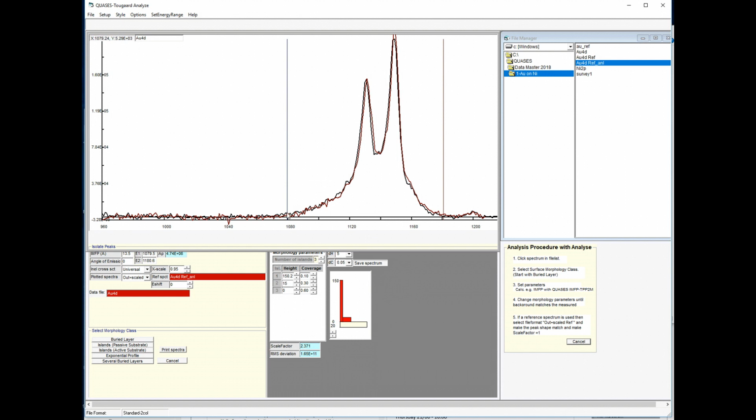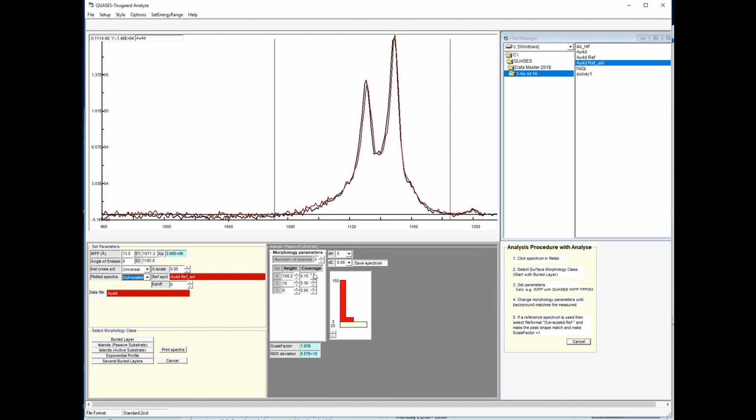The scale factor is calculated by the area. The software calculates the area of these two curves between these two lines here. And this scale factor is the ratio of these two. So the ratio should be 1 and the shape should be the same. The shape is fine. We need the scale factor to become 1 here. To do that, we need to increase the coverage of each of these two by this factor here. So that'll be about 2.5 here, and here it will be